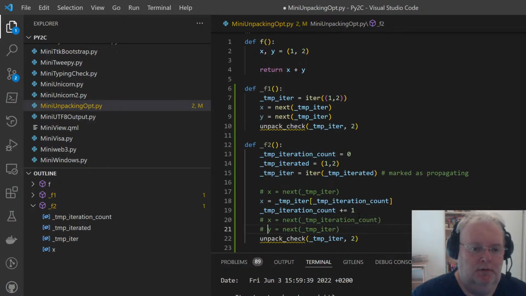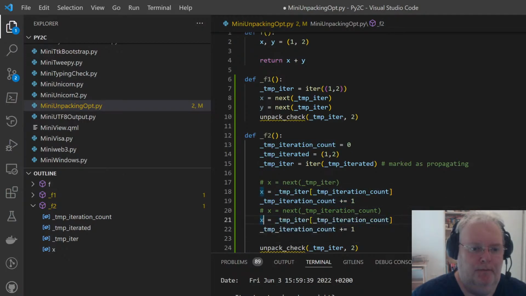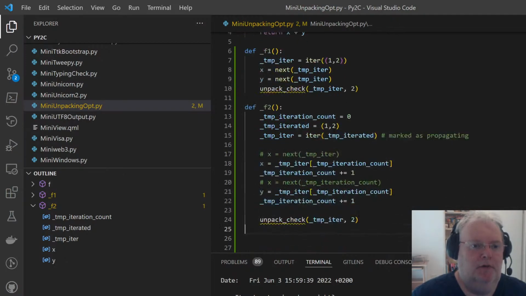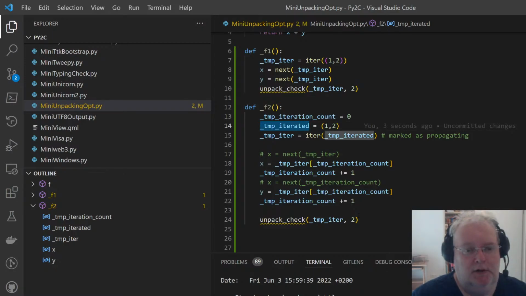And now this is based on the fact that the iterated has value random access, like tuples, lists, strings, bytes, byte arrays. Many values have it, dictionaries and sets do not.